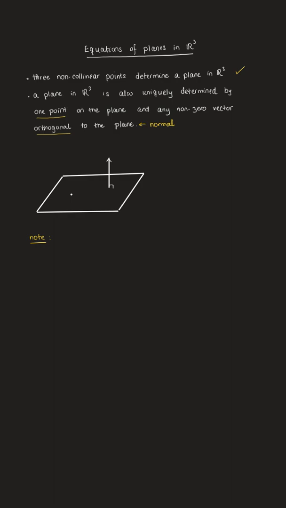So I've drawn a sketch of a plane with a point, let's call the point P, on it, and a vector normal to the plane. The vector is important because it helps us figure out the orientation of the plane, and the point gives us the location of the plane. So we need both things. So a reminder that for a line, to get the equation of a line,